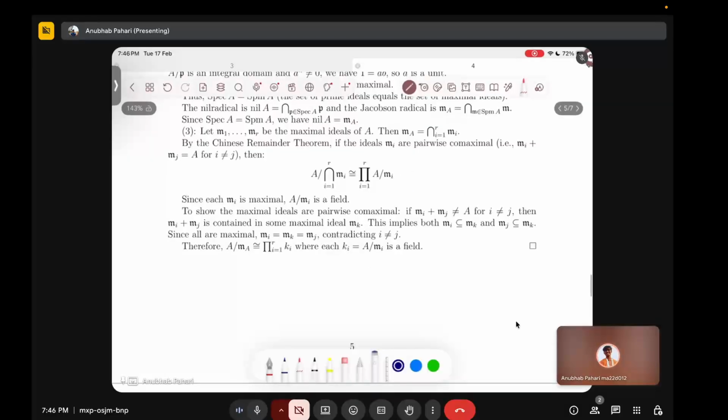And since each Mi is maximal, each A mod Mi is a field, and to show that the maximal ideals are pairwise co-maximal,